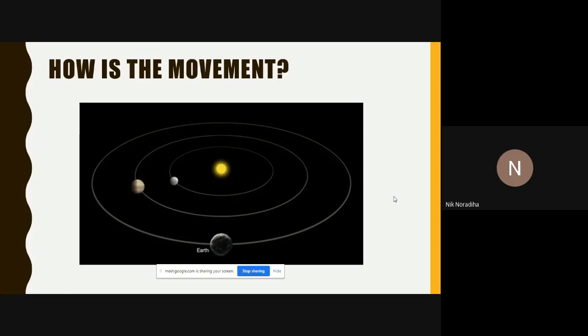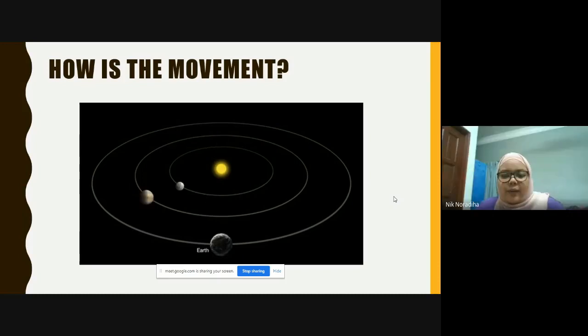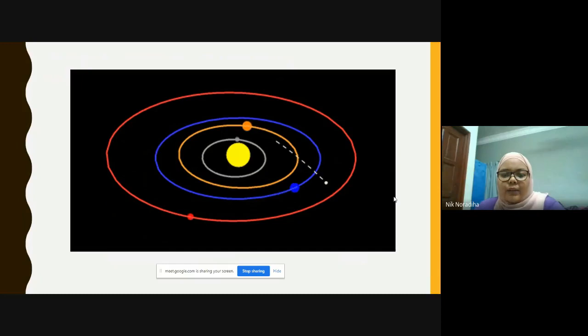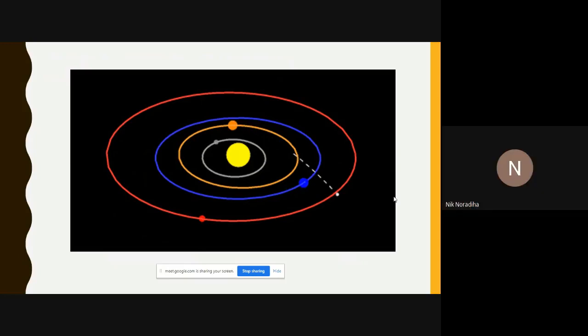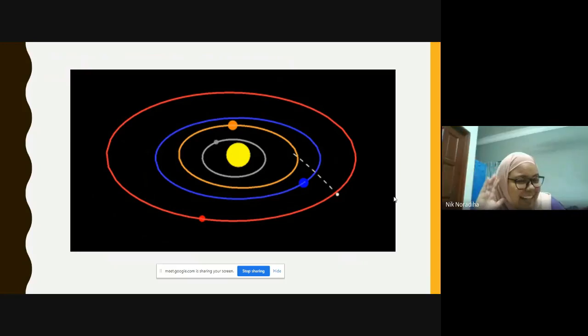Mercury and Venus are revolving around the sun at their own orbit, at their own path. So they will not collide with each other. Okay, if you can see here, we have 1, 2, 3, 4. We have 4 planets that revolve around the Sun in their own